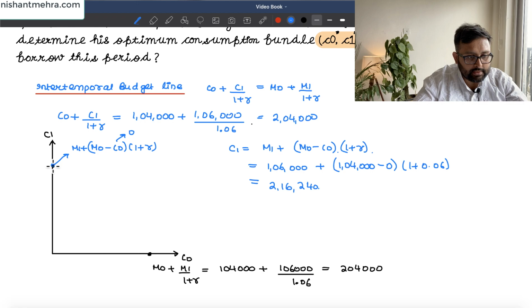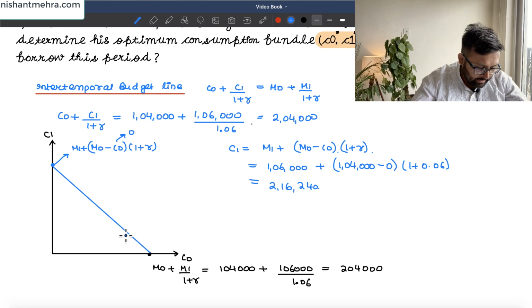Like this becomes your budget constraint. So you have everything with you. You have this horizontal intercept, you have the vertical intercept, and you also have this endowment,